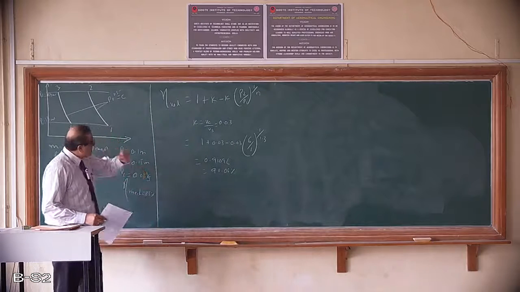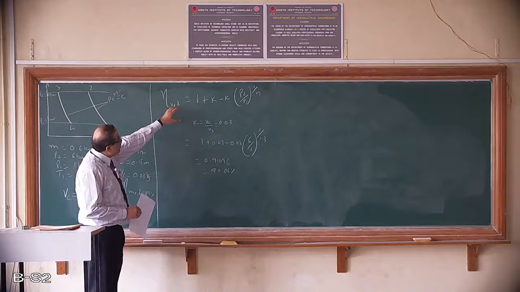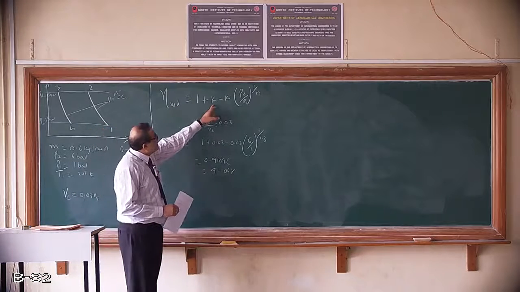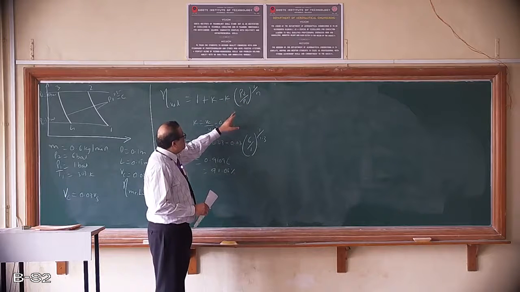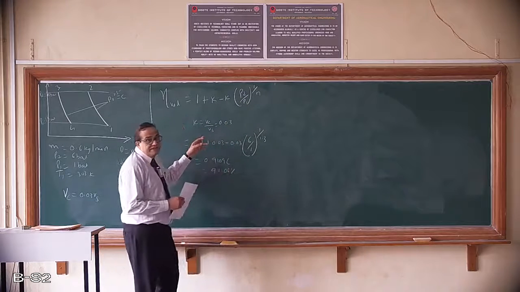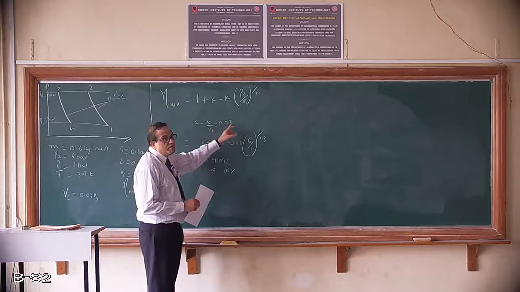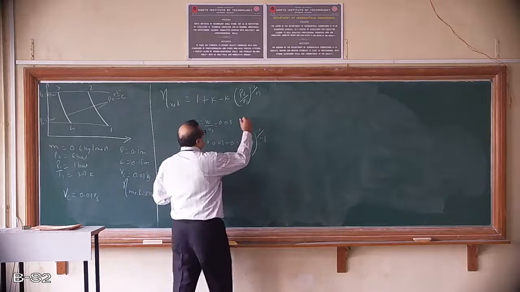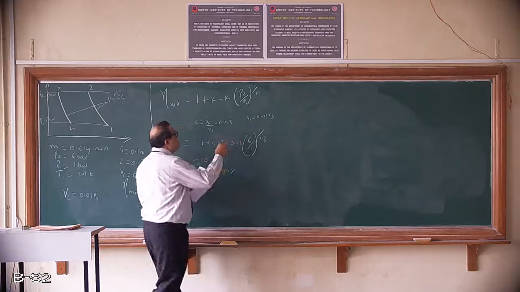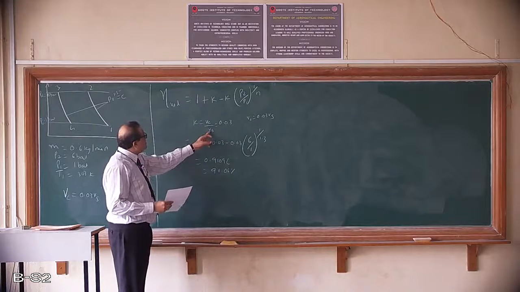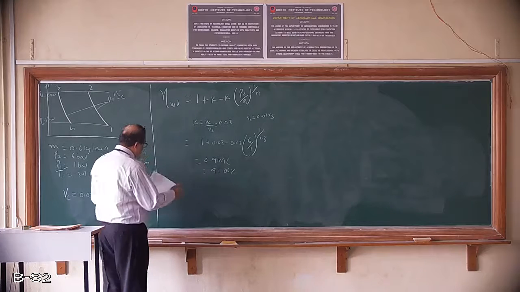See here, we have derived this equation. So volumetric efficiency is 1 plus K minus K into (P2 by P1) to the power of 1 by n. What is K? K is Vc by Vs, that is clearance volume by swept volume, which is given in the problem as Vc is equal to 0.03 Vs. So K is equal to 0.03. Substitute and get the value of volumetric efficiency.